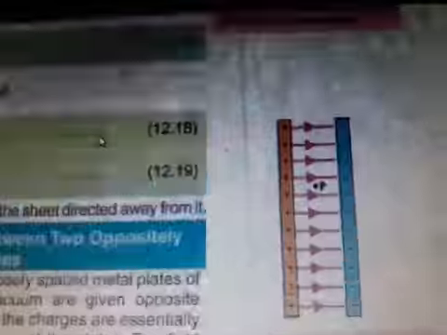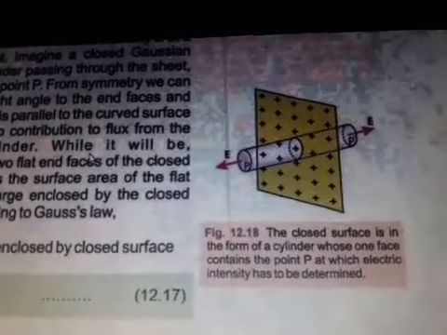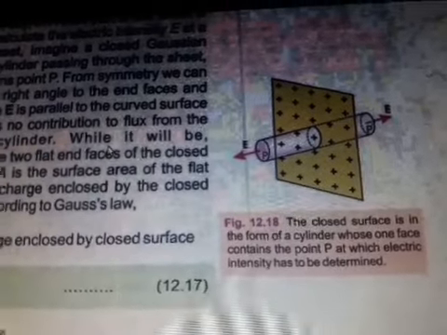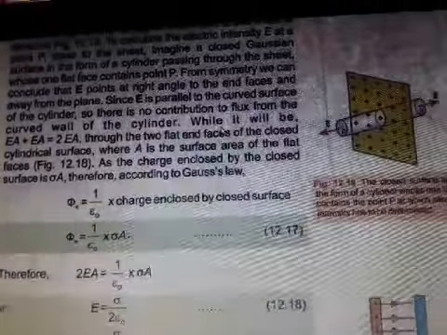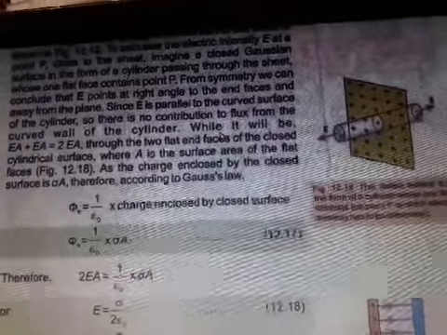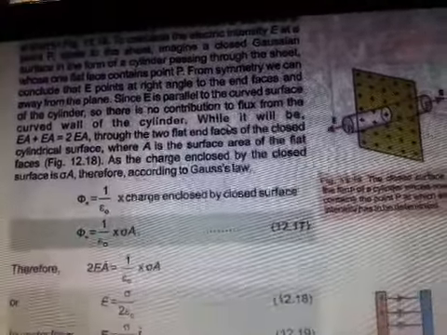This is clear from this figure. The direction of E will be normal to the surface. So we have calculated electric field intensity due to a uniformly positively charged surface at a point P. Third application